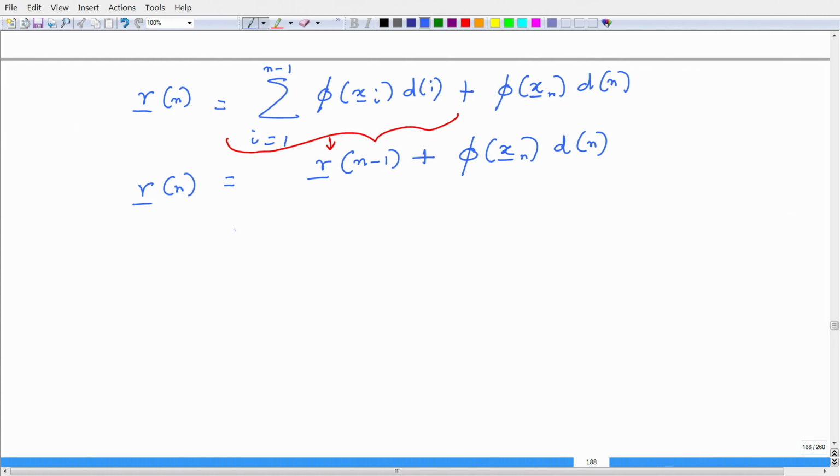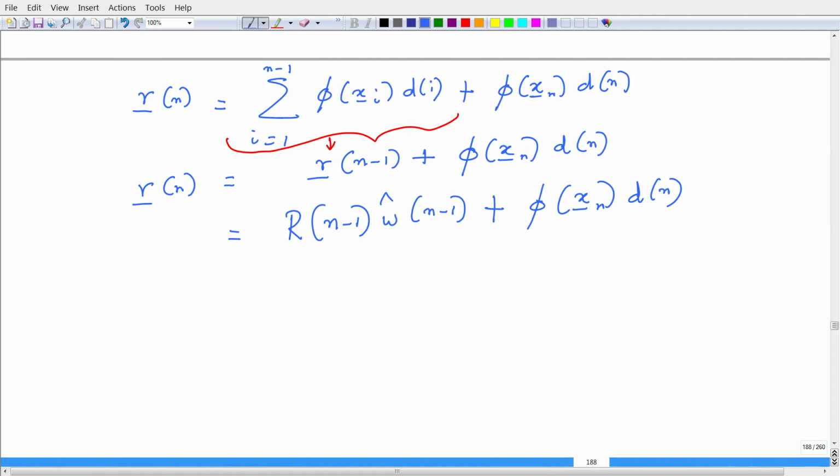Now, fortunately, I know the solution for R of n, which is in terms of capital R and the weight vector. So, I can do this estimate for small r of n minus 1. Using this idea, I have capital R of n minus 1 times the estimate at time step n minus 1, plus phi of x n d n. So, this is straightforward. Now, I can also express R of n minus 1